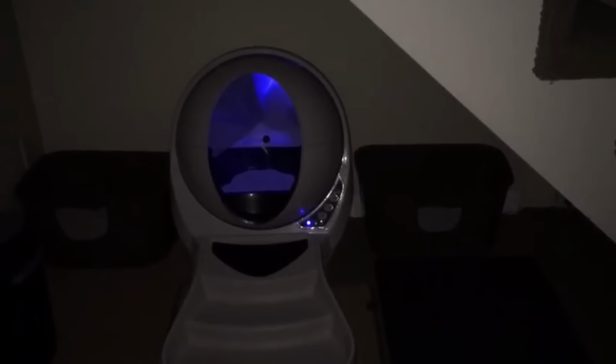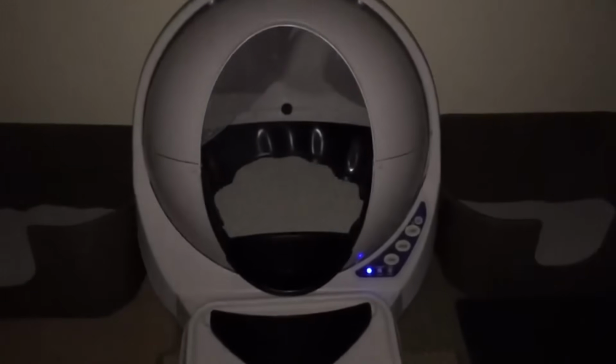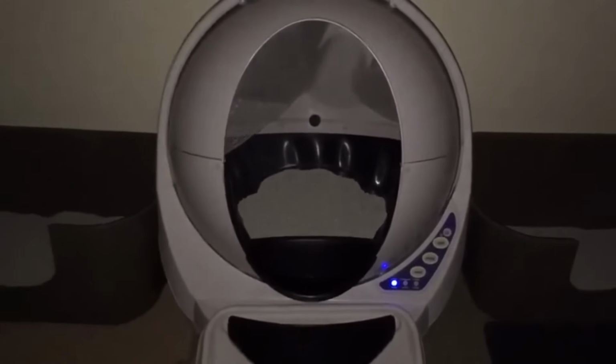To show you what the Litter Robot does at nighttime. This is awesome for cats that have difficulty seeing, usually senior cats, for example. And as you can tell, there's a blue light that comes on. When the Litter Robot senses ambient light, then that blue light turns off. So as we get closer and my flash, there you go, it senses the ambient light, then it turns off. And then hopefully as we go away,